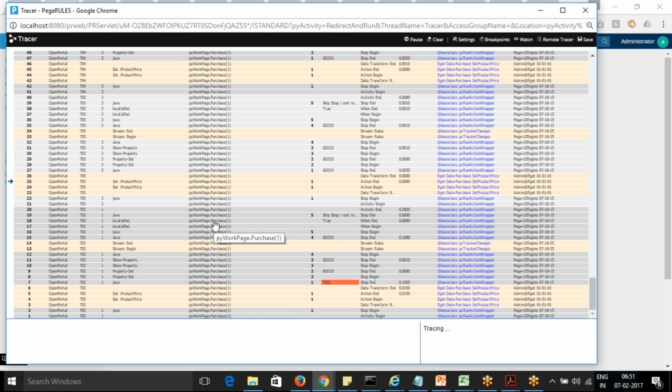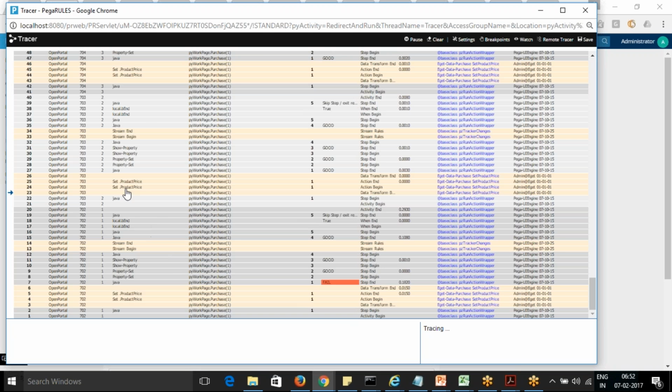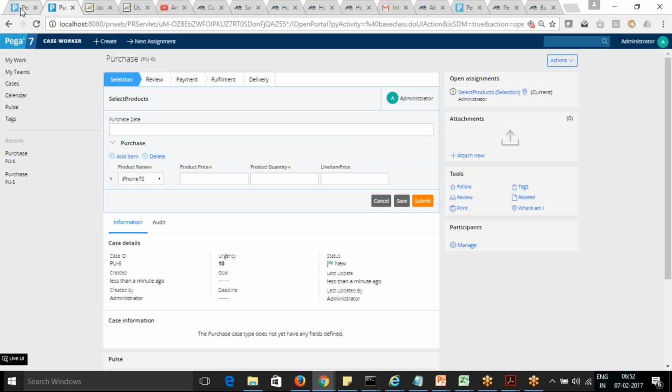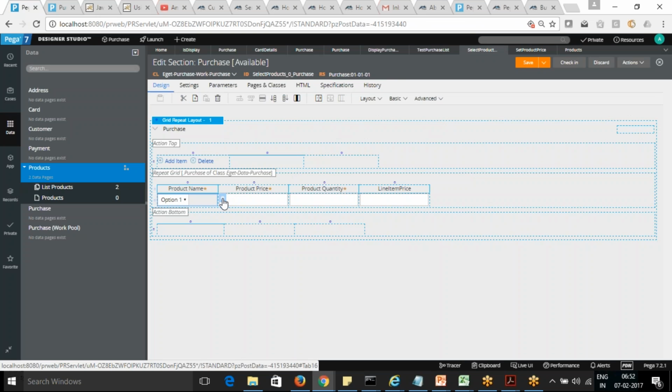Why is that? Okay, its value is not set. The value is not set in this class. That's the one difference. The product price is not getting set. So let's see. We need to use this, which we have done already. If you go here, there we also need to do one more thing.